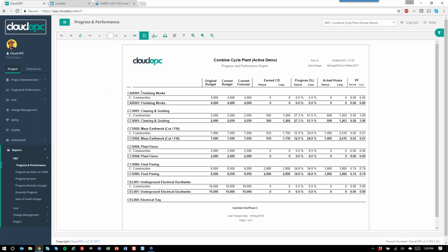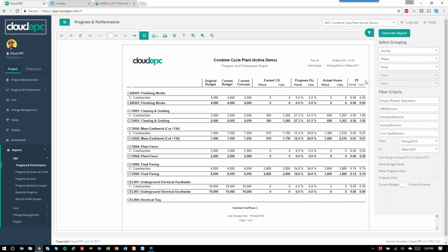And here you can see that each activity has construction only, which I filtered on, under it. So you can start seeing the power of being able to basically control dynamically any level of your data any which way you want, and output this to meet any of your clients' or your internal reporting requirements as well.